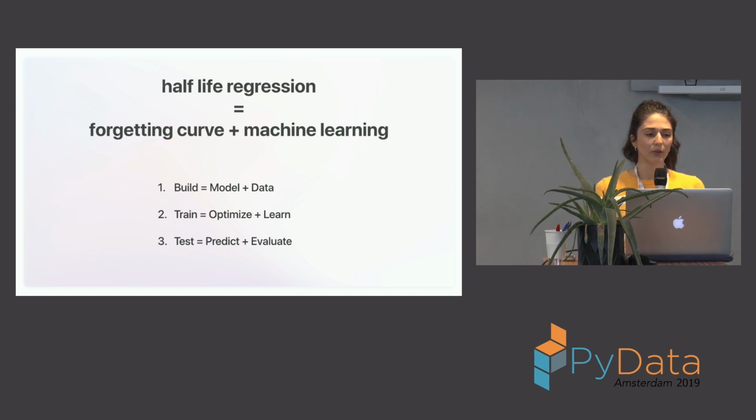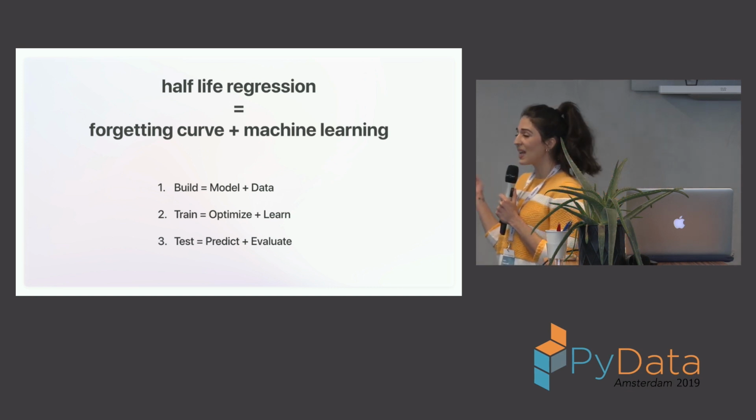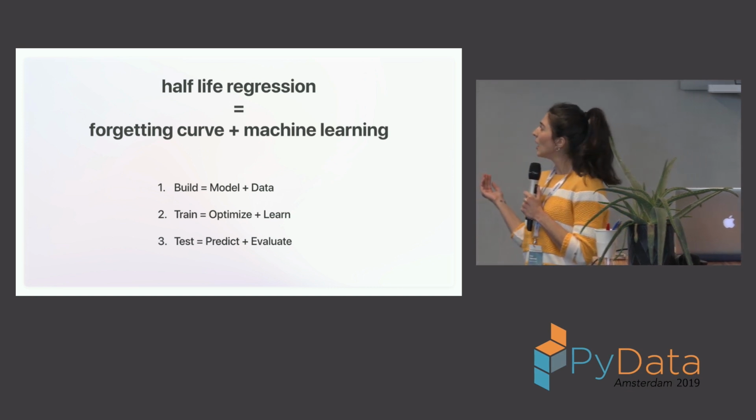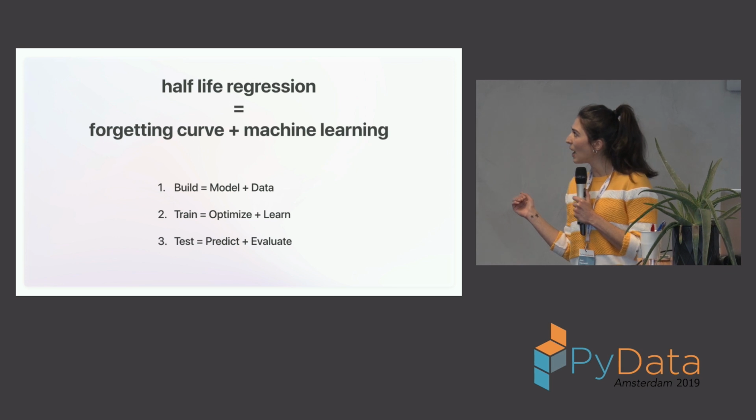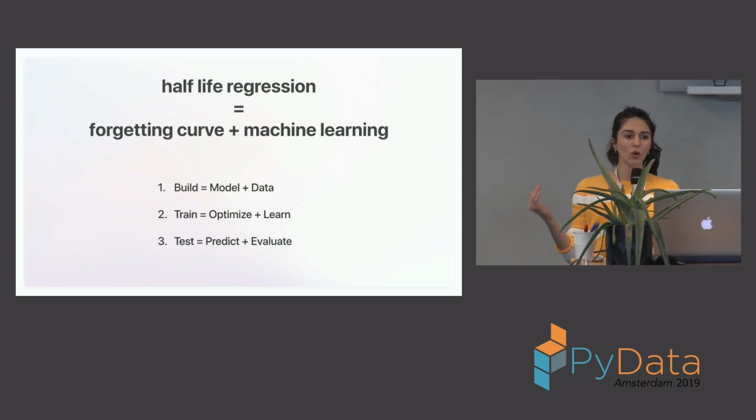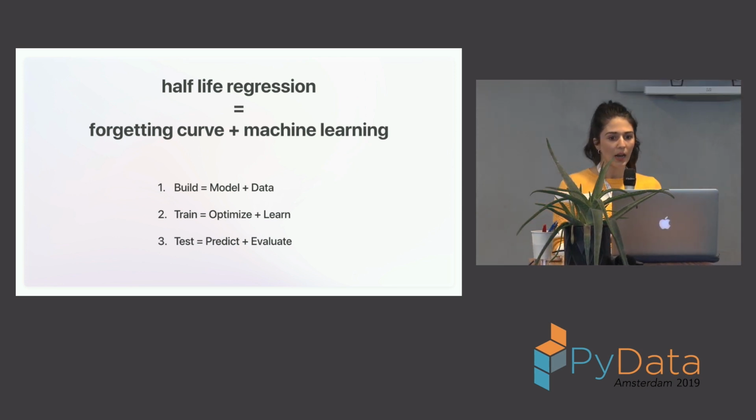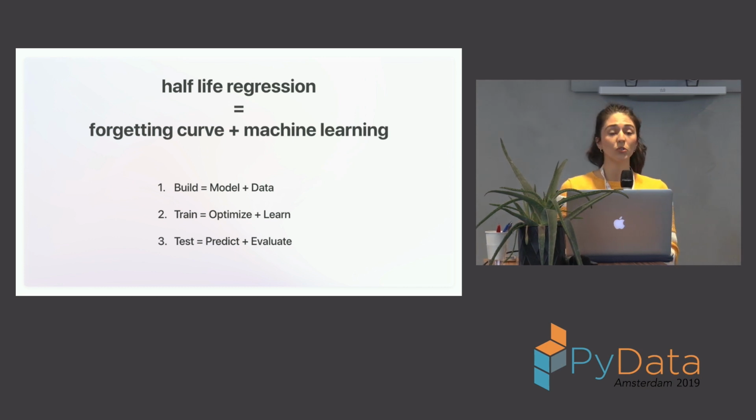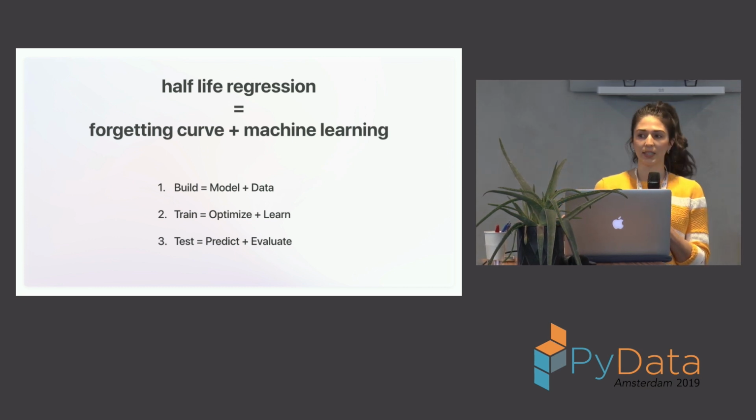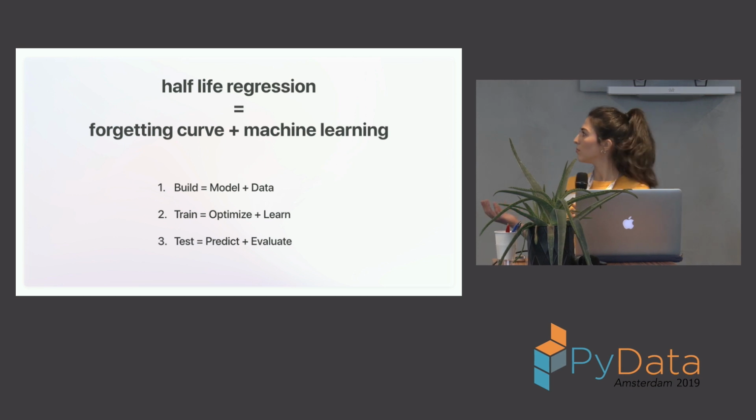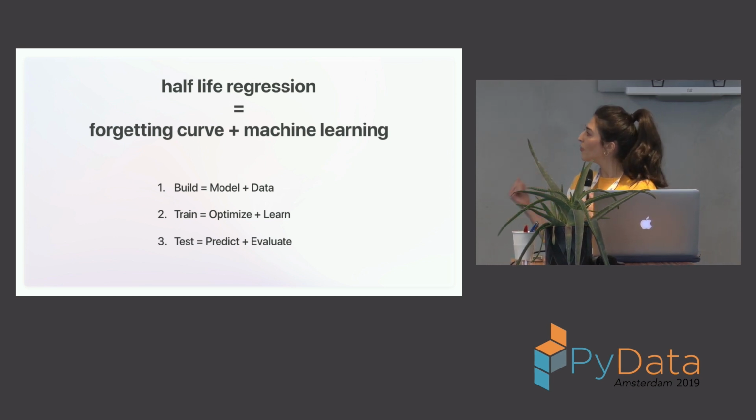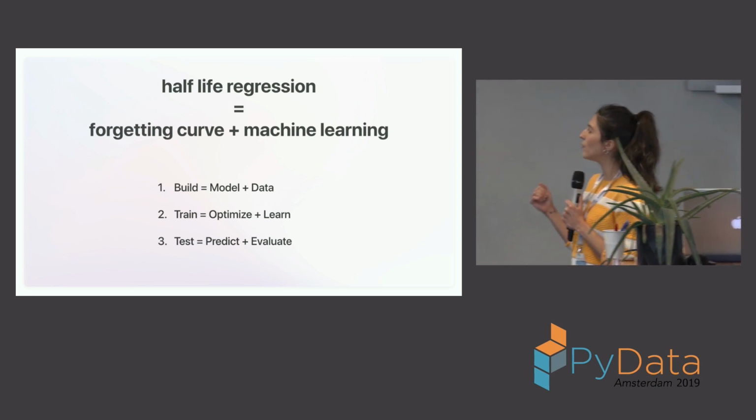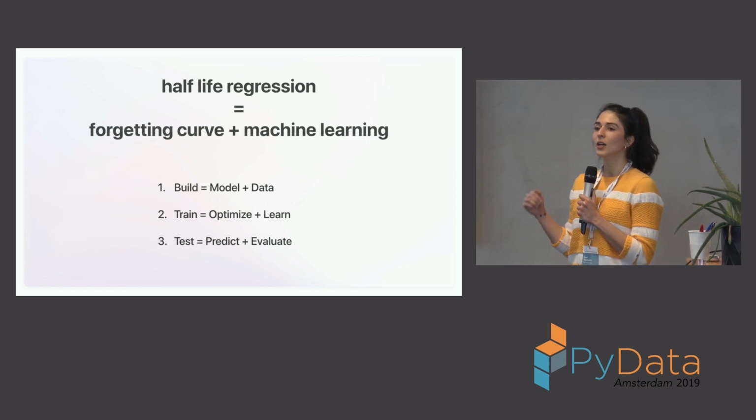So half-life regression combines the forgetting curve with basic machine learning techniques so as to find the boundary between the correct recall and the incorrect recall. And because this is the first data science project of a potential data scientist, the first thing we should know is that every machine learning model,